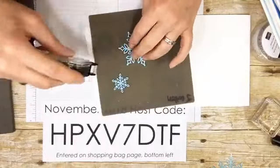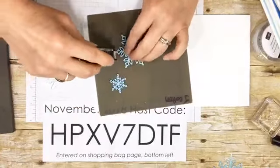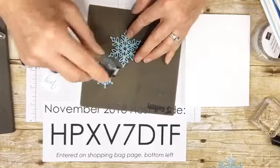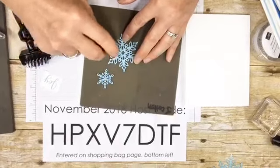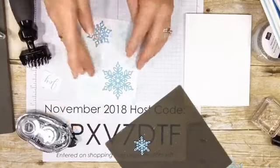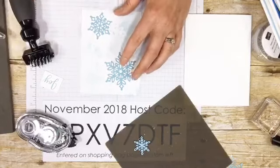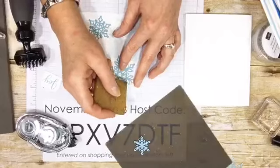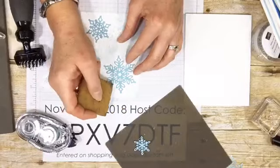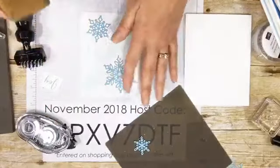And I'm trying to get it only on the tip ends here of the snowflake, because it's a skinny piece of paper, so it doesn't need a ton of adhesive. I was going to say, if you get the little spider webby things, which I don't know if you can see on the video, but it's kind of shiny, you can just sometimes use your finger, or Stampin' Up! does not sell this anymore, but it's called an adhesive remover, and you can use that to erase the shiny. What the shiny is, is adhesive that's still showing, so you just rub it